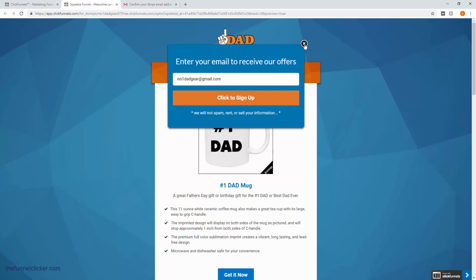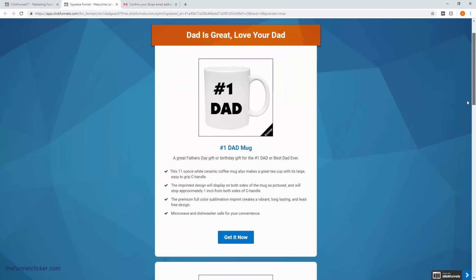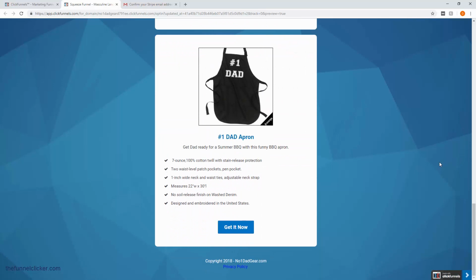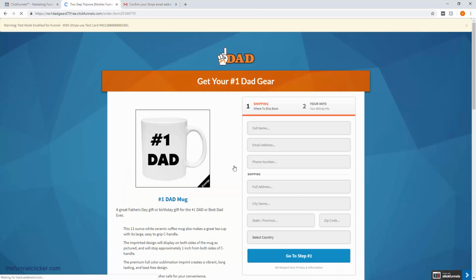So we will just click on this black X, and then we'll scroll down, and then we'll pretend like, oh, we're interested in one of these. So let's pretend we're interested in the shirt. We'll click Get It Now, and this will take us to step number 2 of our funnel. And as you can see up here, it says warning, test mode enabled for funnel with Stripe, use test card. They even give you this test credit card number. So what we're going to do is we're just going to copy that,